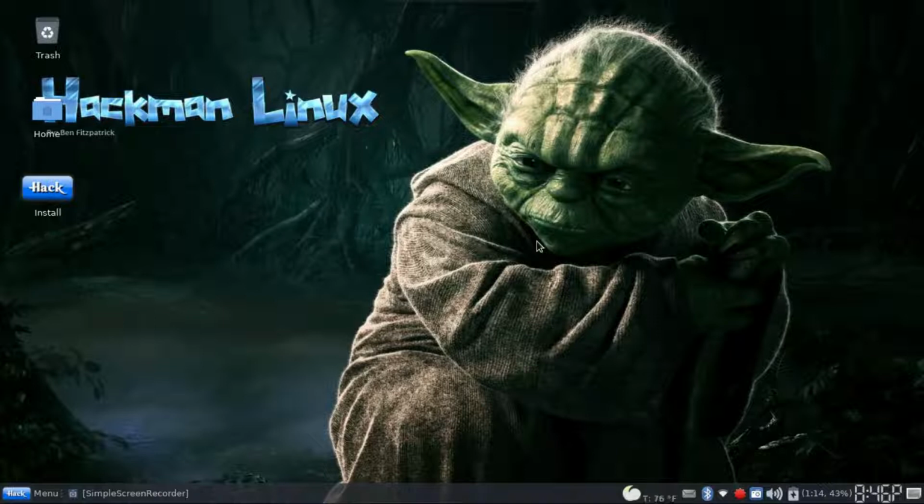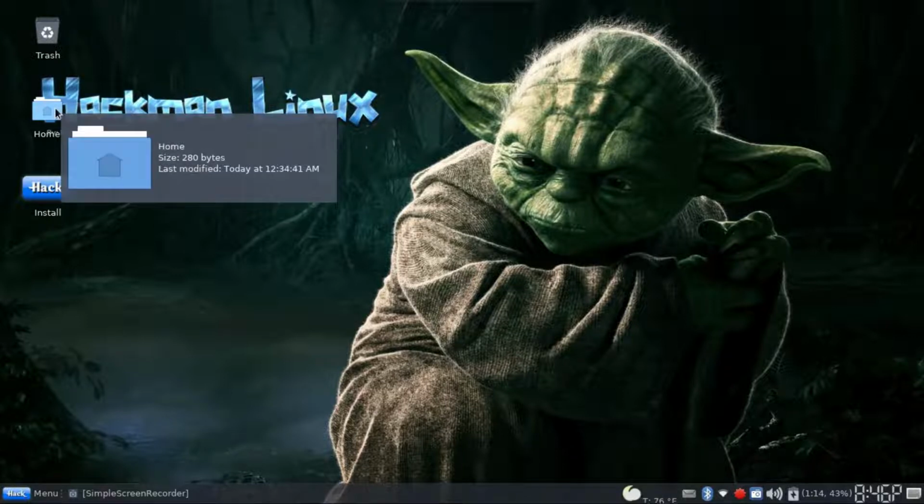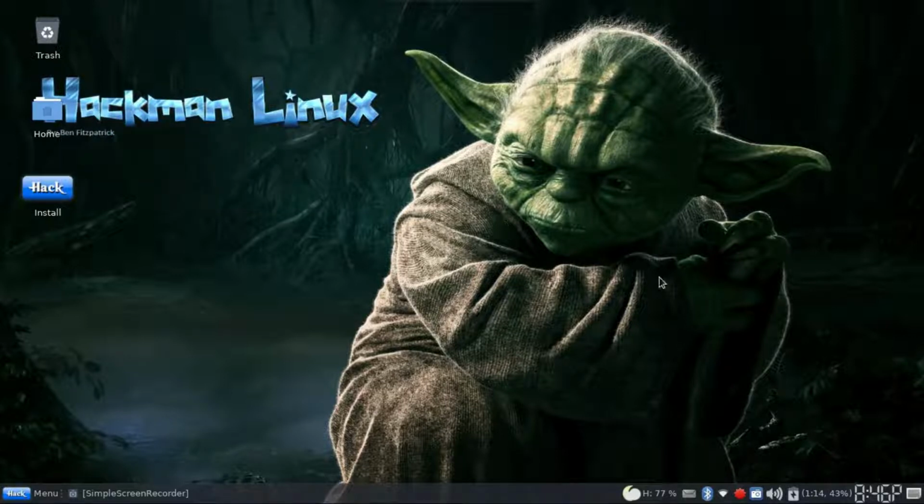We're in Hackman Linux and we're going to have a look at installing this on my Lenovo IdeaPad 110. We'll see how it runs on here. The last program I had on here I think was Sparky Linux. That refused to start, don't know why. So let's get on with the install, which means